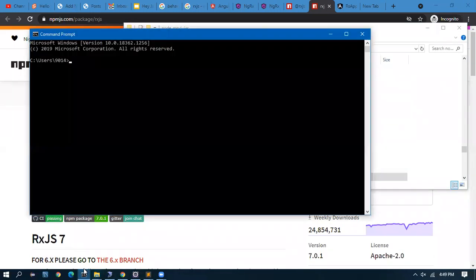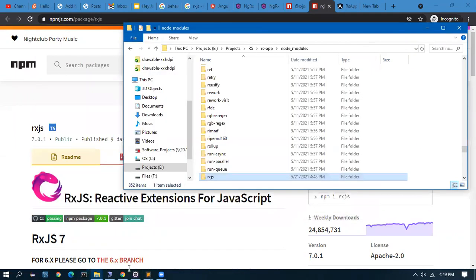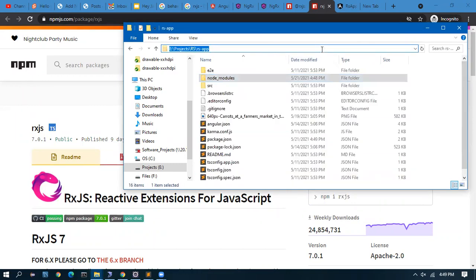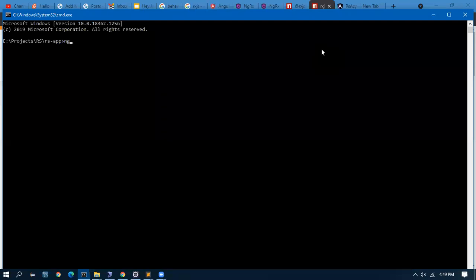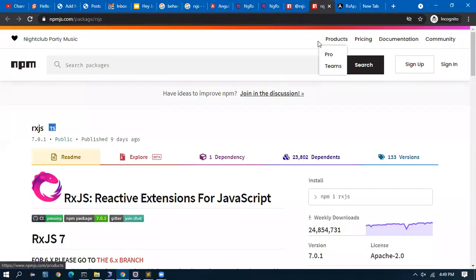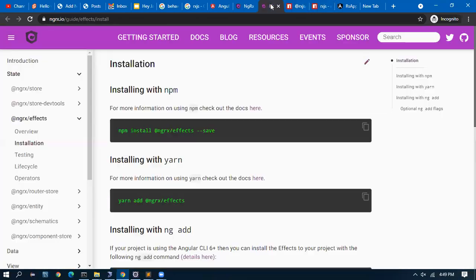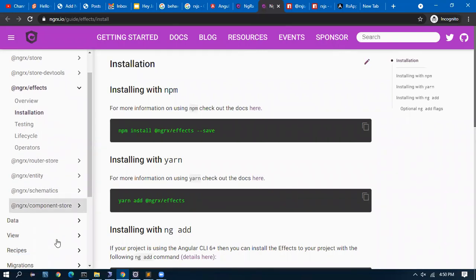I'll see if the server is starting without issues. I closed my server also, so let me restart. With this, I can close this window. Now, the library has lots of components like router store, entity, schematic, component store.